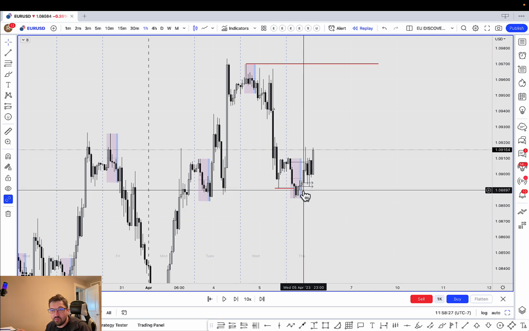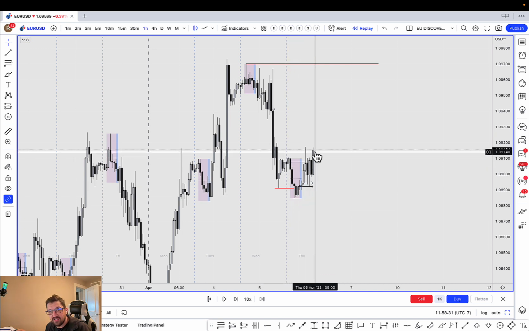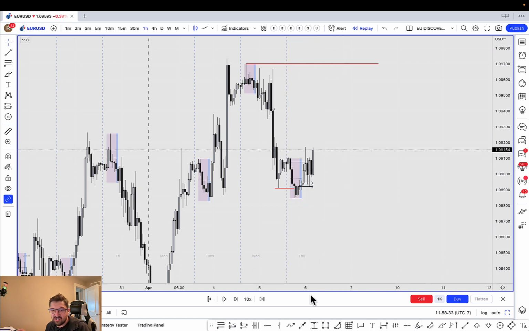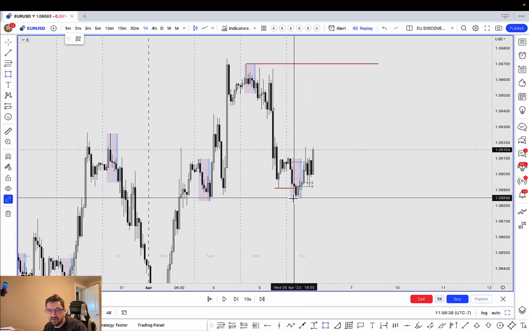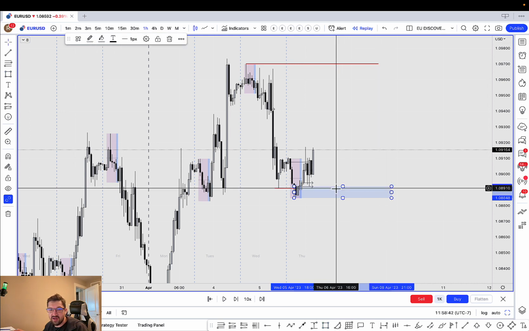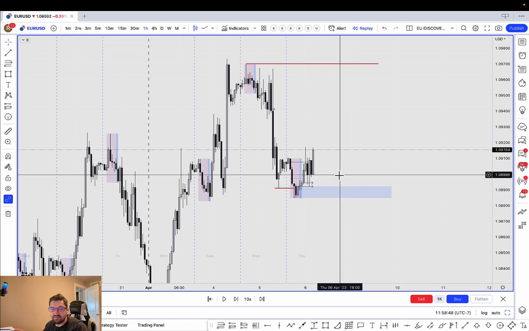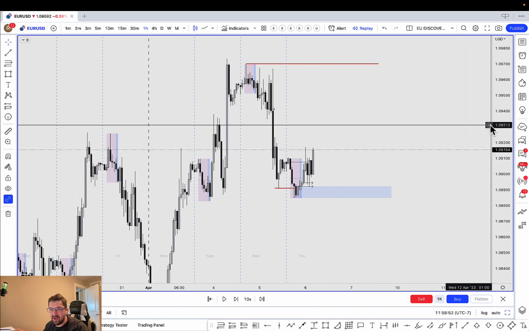And once we took this previous day's low, we have basically momentum up. Now what this tells me is because this POI down here took the previous day's low, there is a very high probability that if this POI is mitigated, it will have a high probability of holding. Now, the way I map